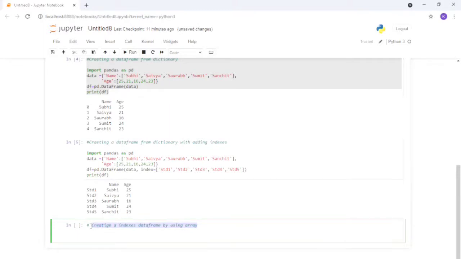Okay, now we have to move forward, and we have to see the next method, which is creating data frame from list of dictionaries. Clear. So how we can create this, you can just take a look on my screen.